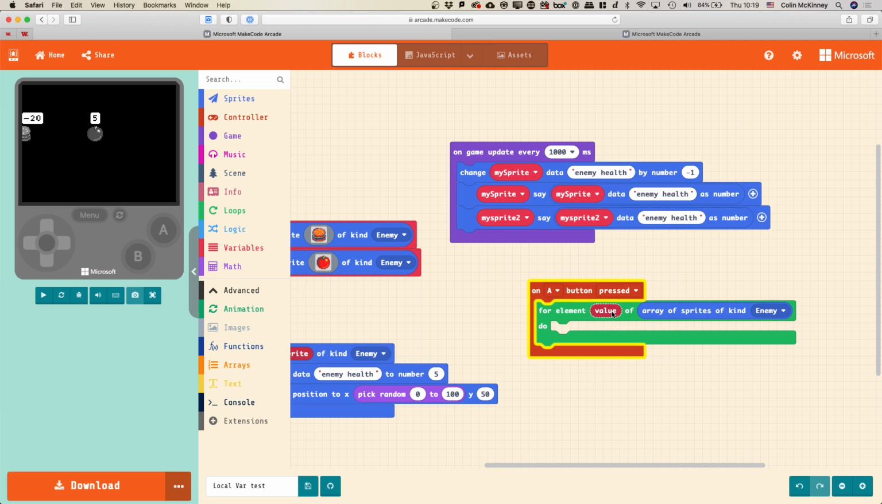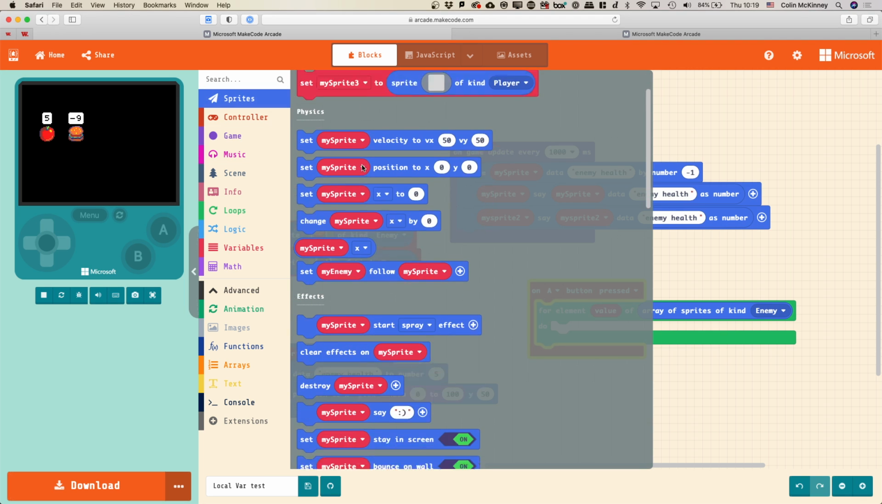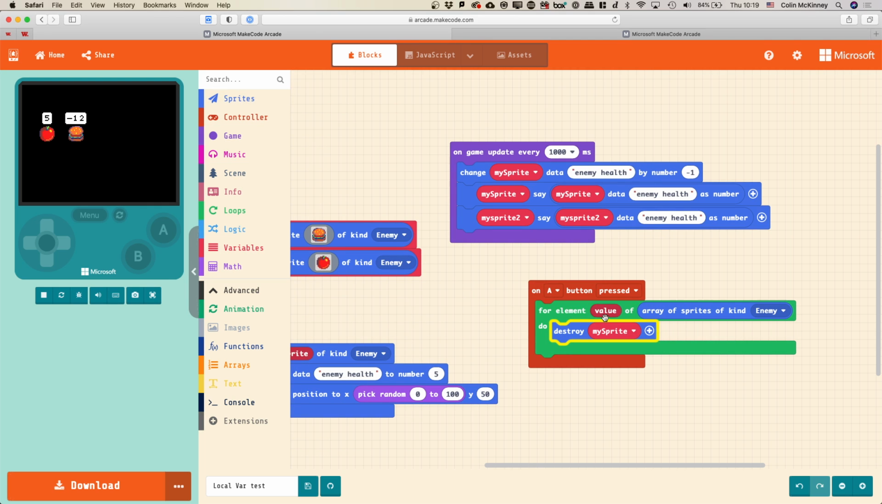And then this value thing is kind of like the sprite and other sprite for the collision thing, right? It's sort of a placeholder, right? So what I could do is say then destroy value. Okay, so what is this going to do? It's going to generate a list of all enemies, and then one by one go through the list and delete all of them. Okay? Now, that's going to happen essentially instantaneously because,